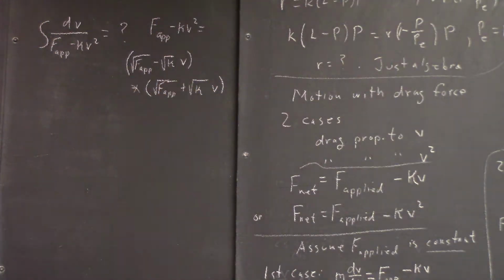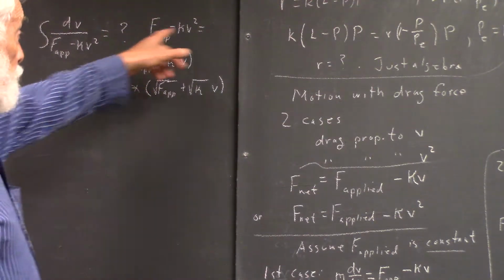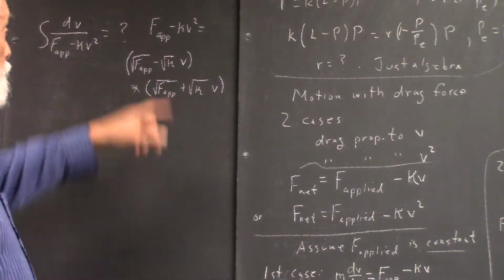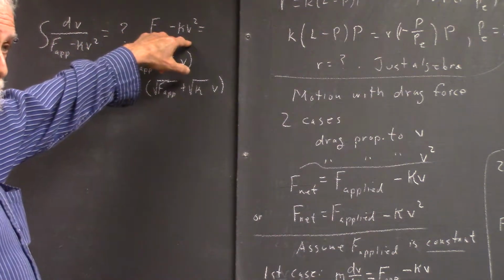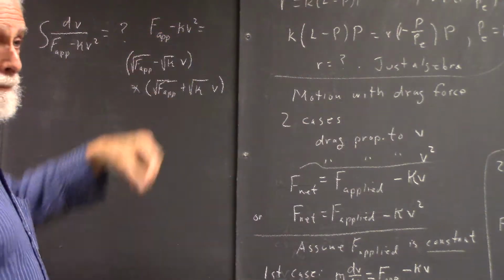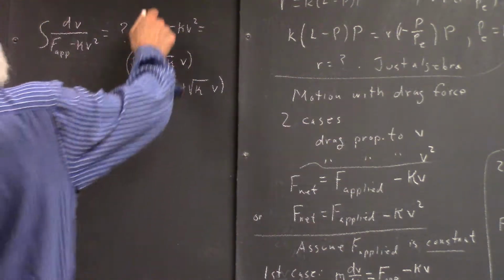I mean, not the notation. We would factor it as a difference of two squares. Okay? Square root of this minus the square root of this times the square root of this plus the square root of this. Okay? So factor